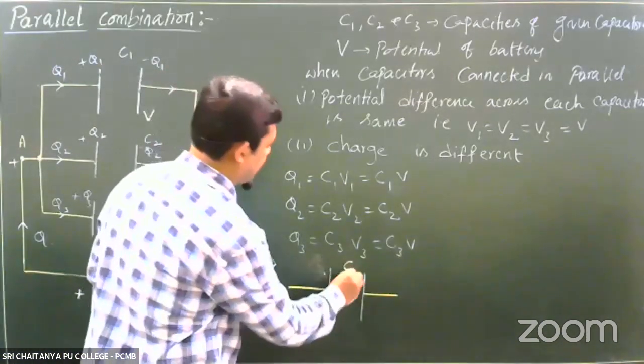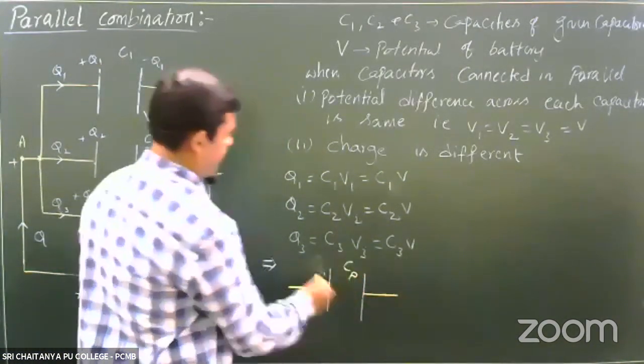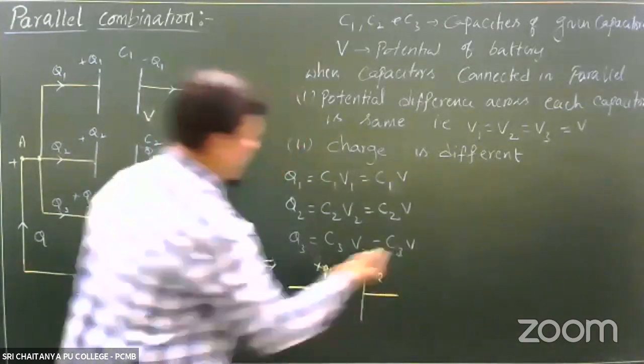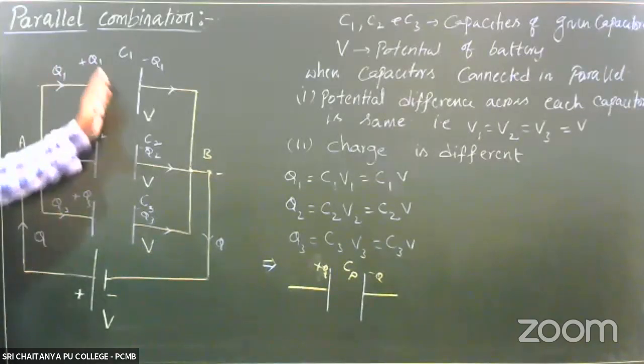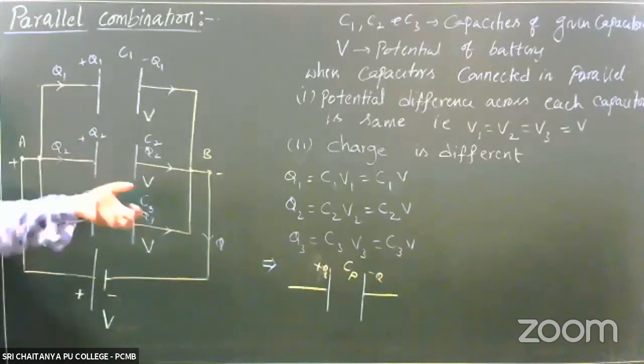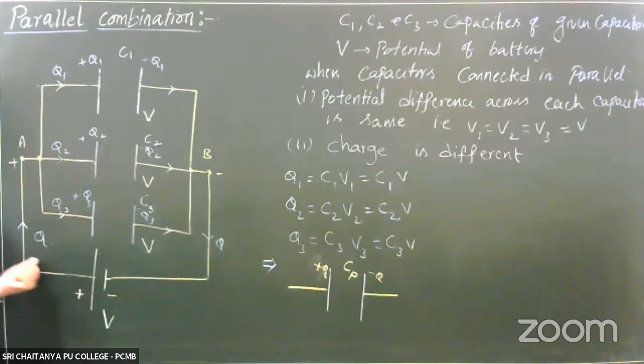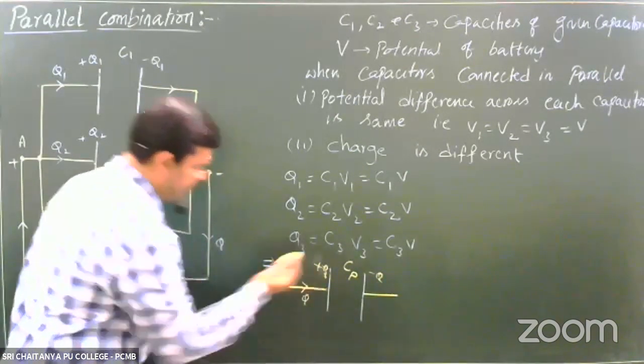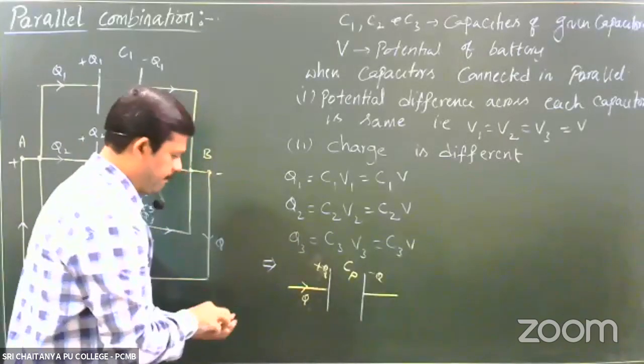The capacitance of this capacitor is Cp, which draws the same charge as this combination is drawing. This combination is drawing a total charge Q. If it draws the charge Q from the same battery,